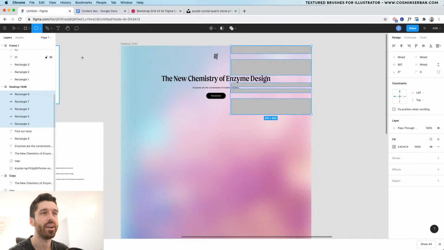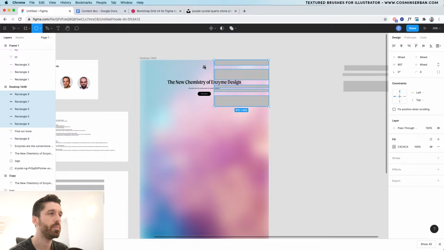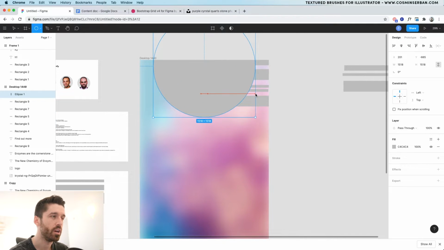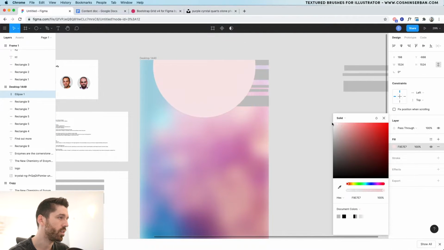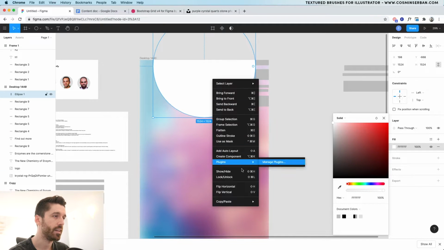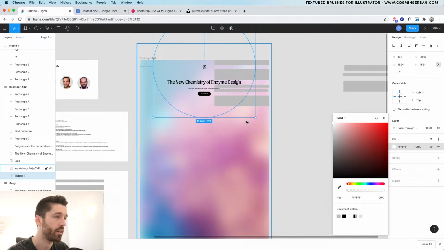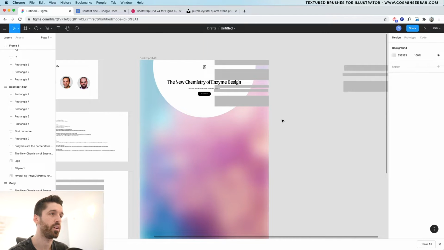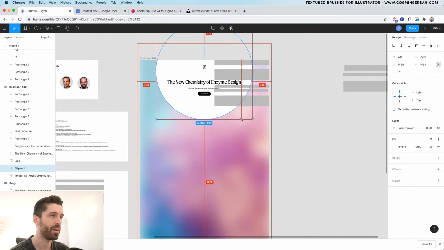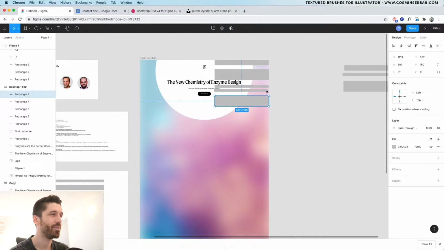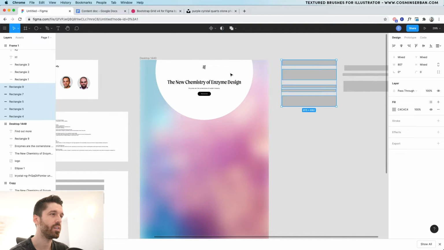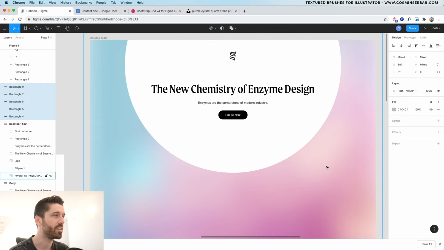I'm going to take an ellipse and place a white ellipse behind everything. I'm going to hold down the Alt key and make a circle. I'm going to make it white, send it to the back using command and right bracket, bring it to the front a bit. Move it around a couple of times till you find something that looks good to you. Grab and move these out of the way to see how this looks. Yeah, I really like that, it's super clean, and especially on a pale color, this white looks really good.